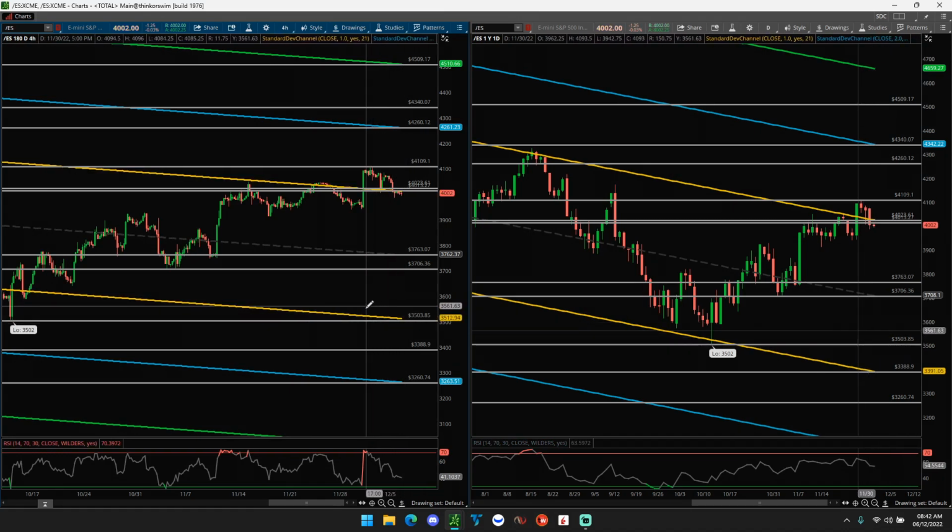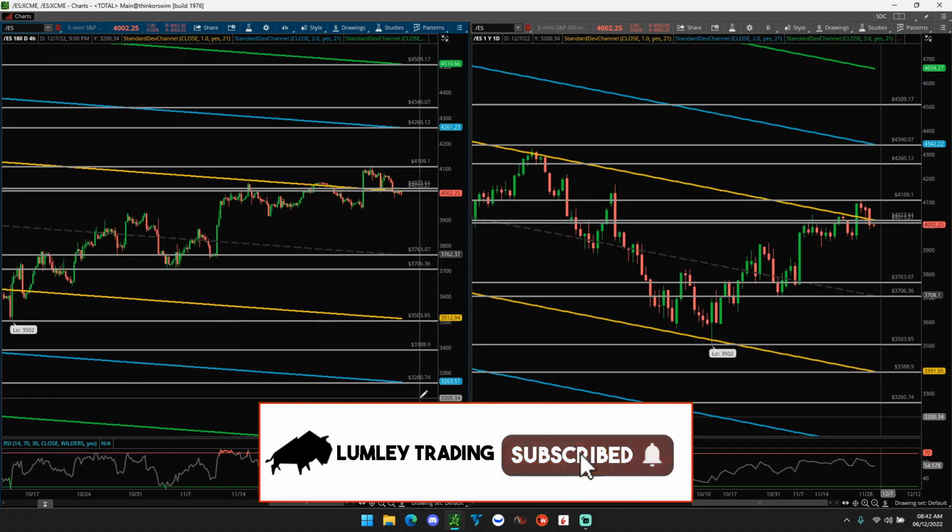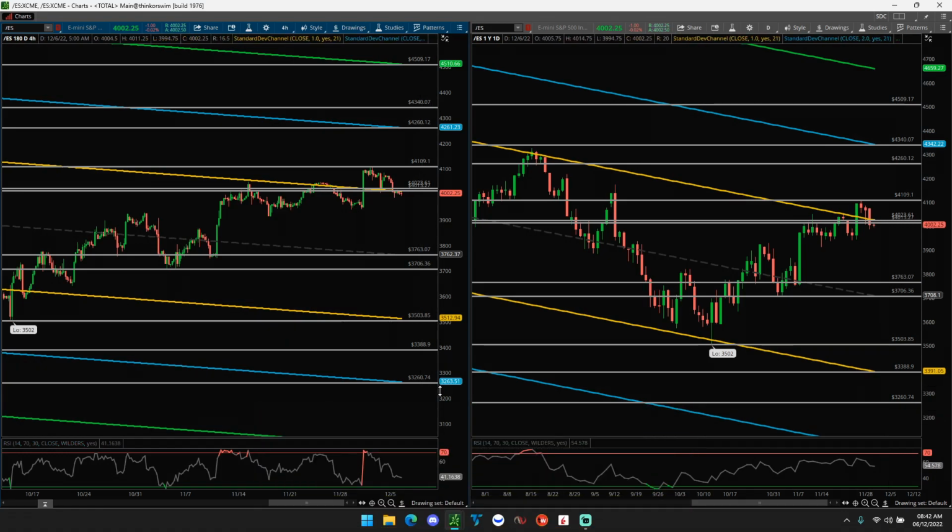And again, it's the exact same thing. If you come down to these bottom levels, is first deviation. First time you hit it, expect a bounce. If you come back to retest it, wait for that break, retest. If it holds, we will expect to move further down. Anyway, that is the breakdown on the S&P.